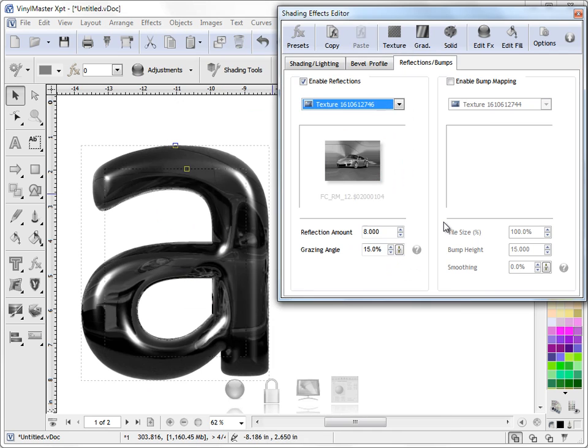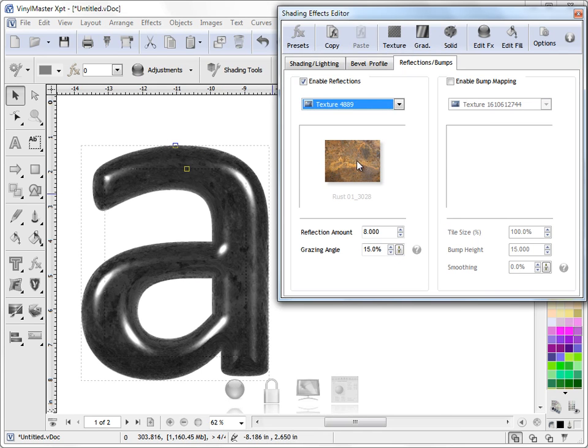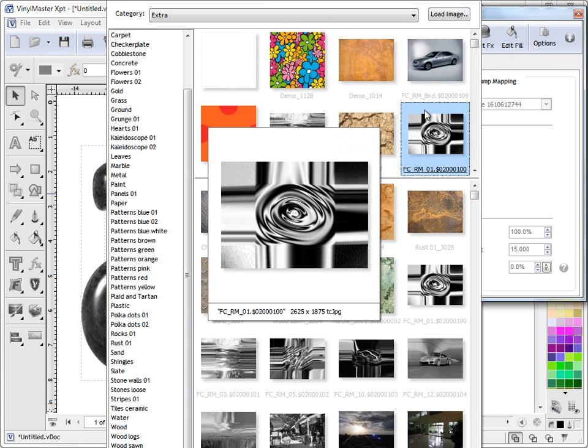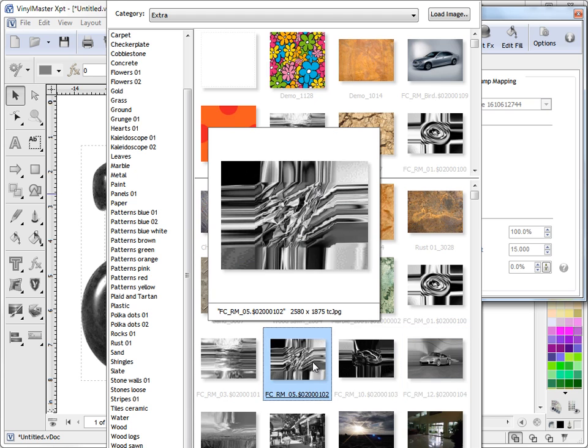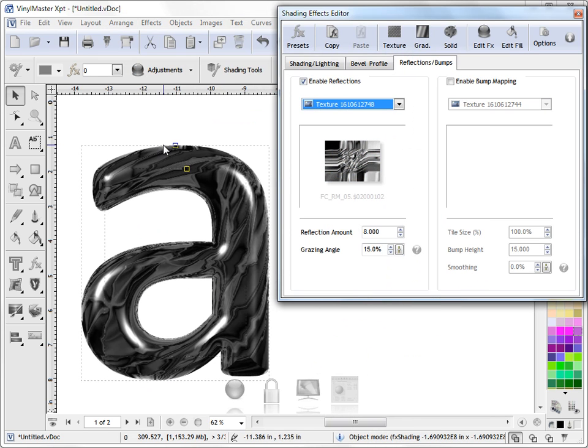But that doesn't mean you can't use other textures or images for reflection maps. You can. It's just that the ones we've provided have been specially designed to give a particular effect, like in this particular case here. Now, when it comes to editing the reflection map, what you can do is adjust